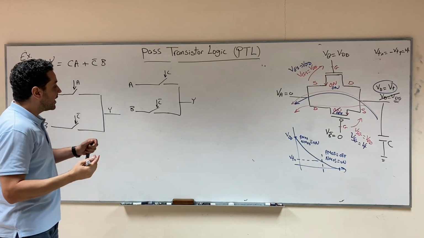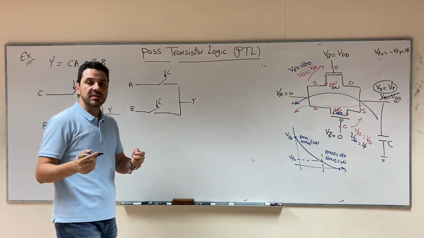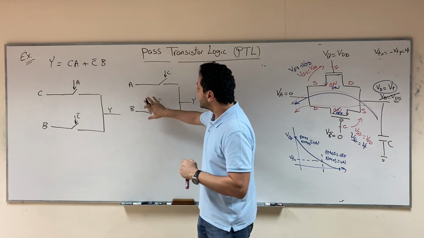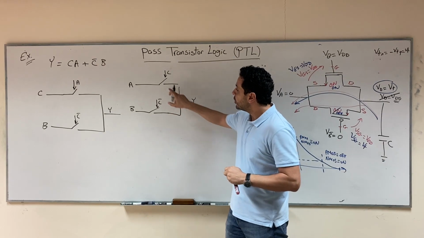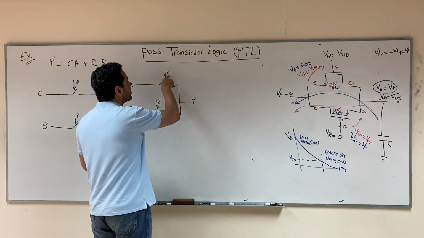I'm going to ask you here, what do you think? Which one of these two implementations is better? Which one of them is better? I claim that this one is better. Why is that? Because here, when you implement any switch using a transmission gate, you will need to provide C